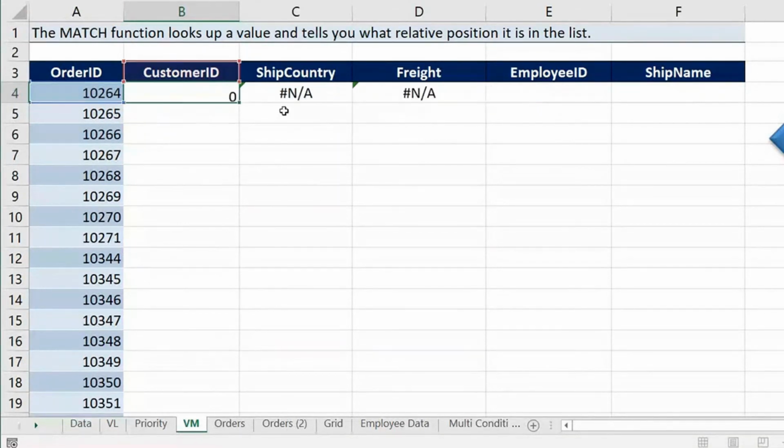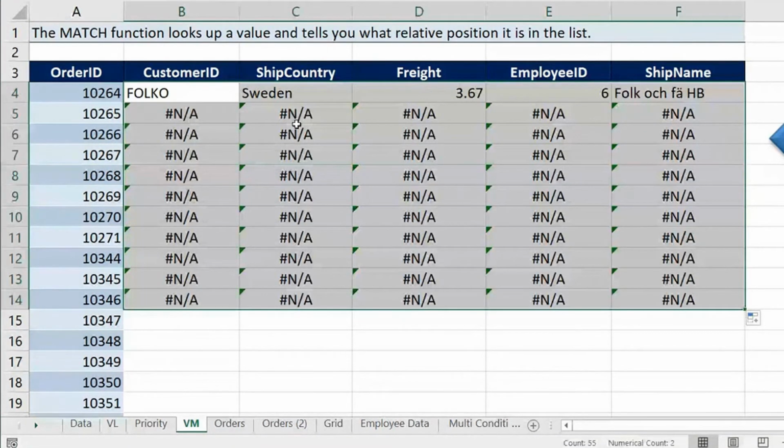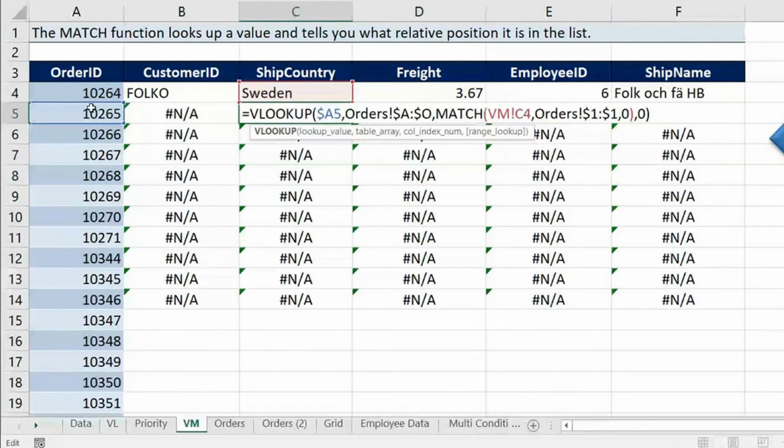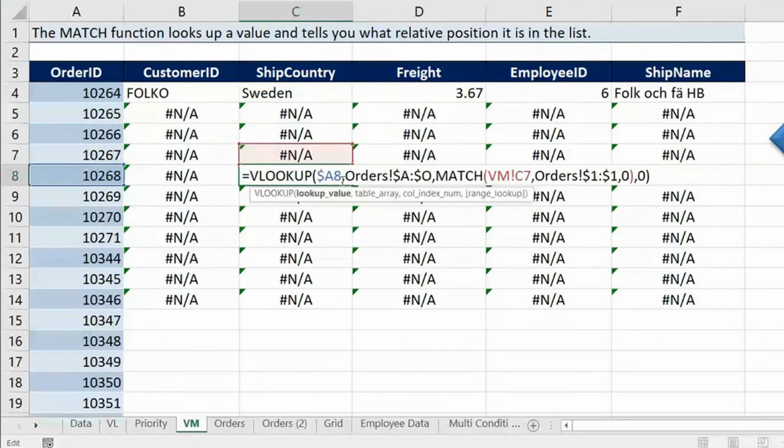See here, if I drag it towards this side, it works perfectly right. But one more thing you have to do: this does not work when you drag it down towards the rows. See the problem here? It doesn't work here. This is because when you drag it down, instead of looking at the header, it is looking at some other value.